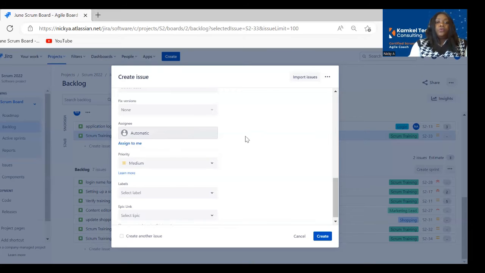Assignee, normally I don't assign a user story to anyone once I create it. Unless my team member tells me, hey, create a story for me and assign it to me, then I'll go ahead and create it and assign it to the person that specifically said to do so, right? Otherwise,